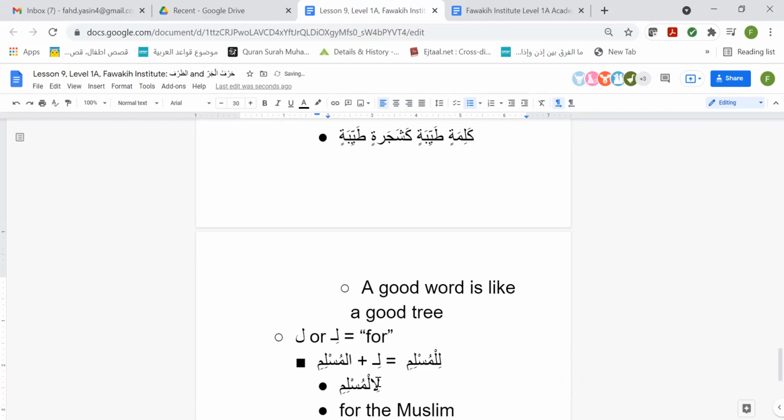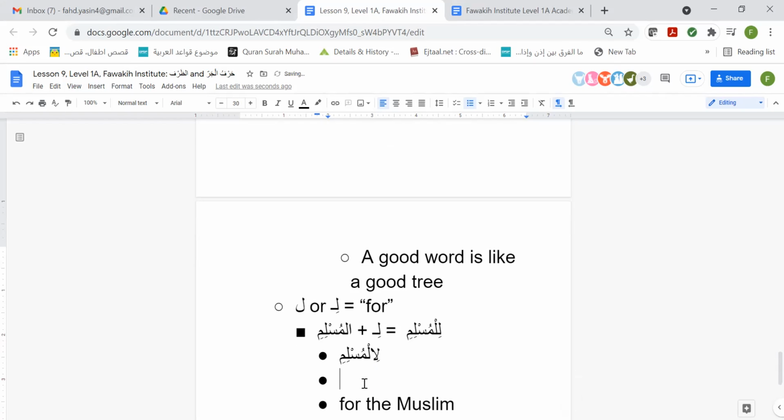This is literally, if we put that lam directly, so this is the first lam, and this is the alif, right? Because if you notice here, isn't there an alif in al-Muslim? That alif gets deleted. Please keep that in mind. You do have to add the lam, but you don't just add the lam. You have to delete that alif that comes right after the lam and right before the word al-Muslim. So keep that in mind.